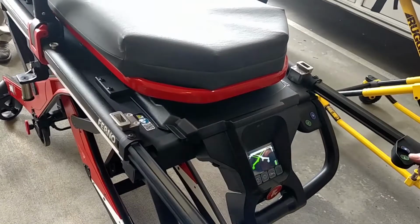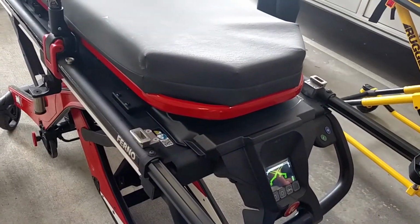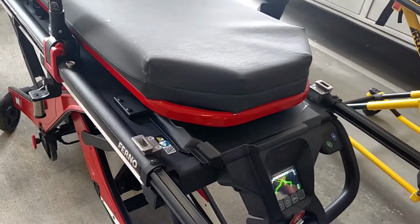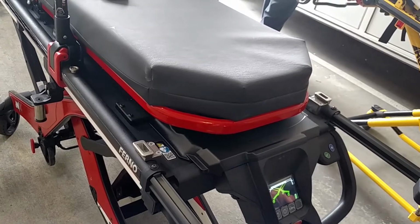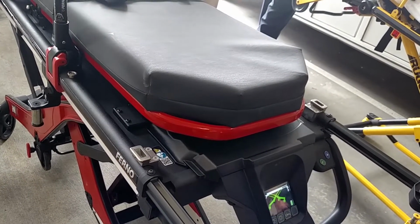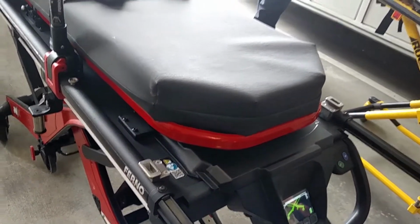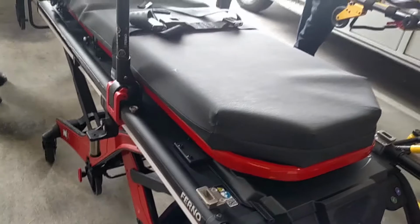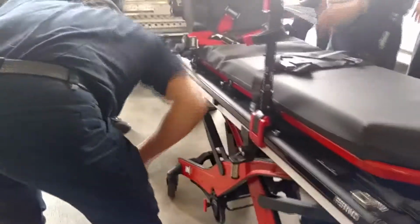So what happens is, when I do the load, I push it in, and then all of a sudden, you have weight taken off of the rear. And that tells me, when you have these guys in contact with the floor, that takes weight off that switch right there. So he knows it can do the back. Exactly, the cot's always gonna want to self-level itself. Very smart. And I don't know if you caught it or not, but when I did that load, I'll show you guys again when you play with it,